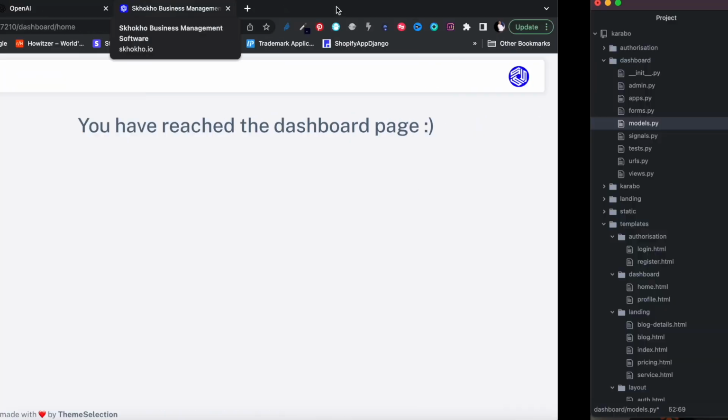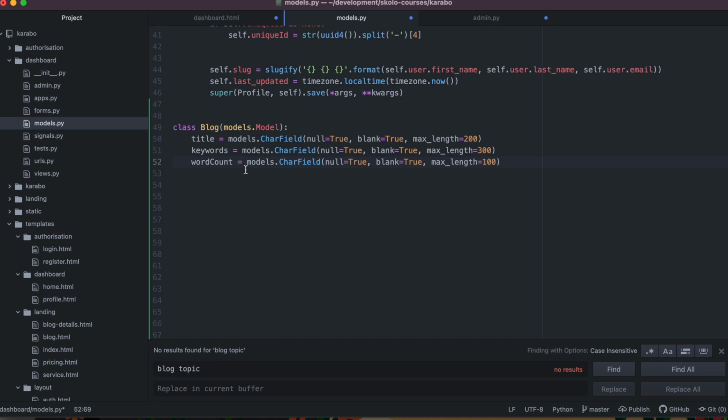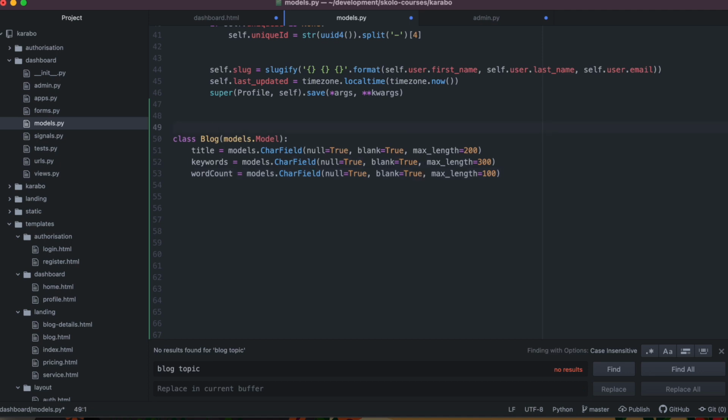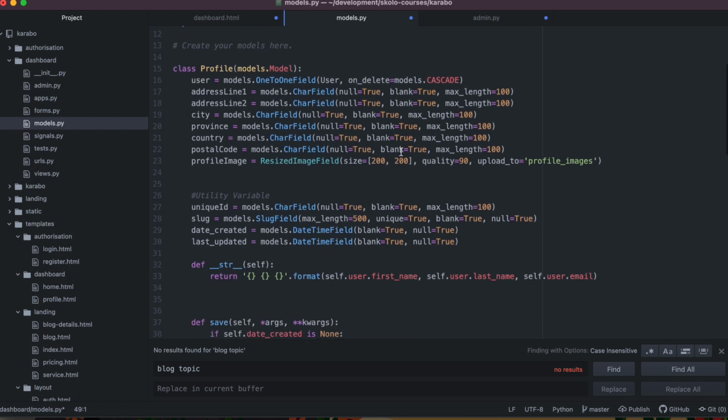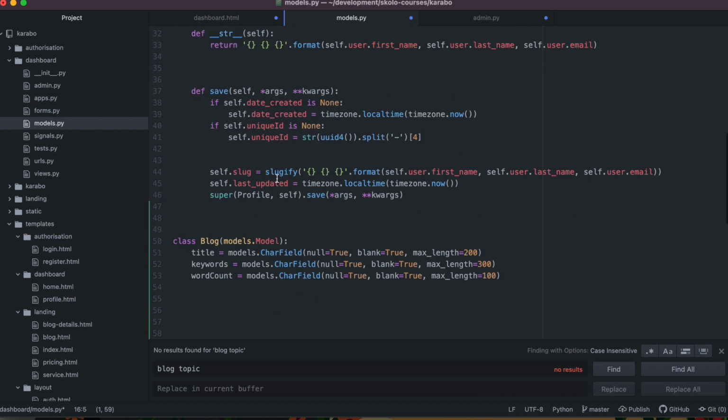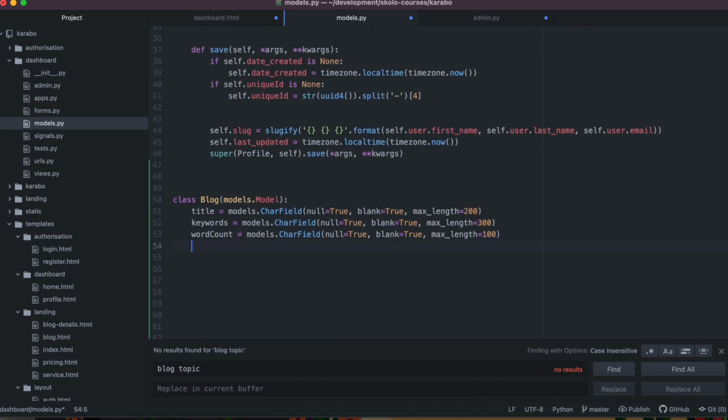Then after this, I think these are all the things we need for the blog. We probably need a related field with a profile because we need to know who the blog belongs to. So every time the profile logs back in, we can say, oh, okay, these are your blogs. You have so many blogs you've written and so forth. So we're going to have a related field with profile. Okay, it's not going to be a one-to-one. It's going to be what they call the